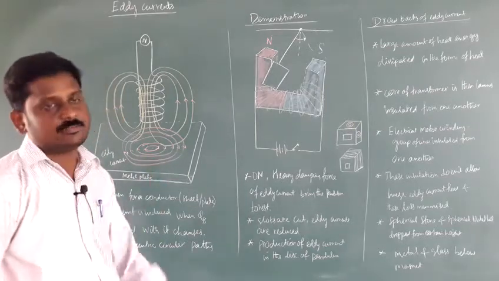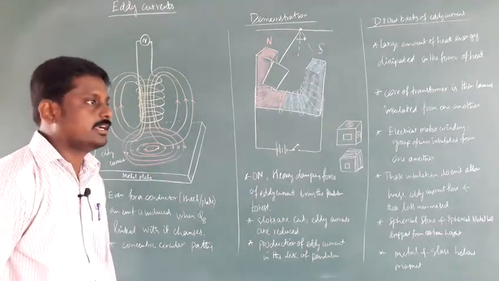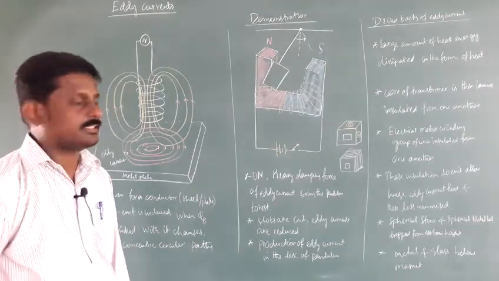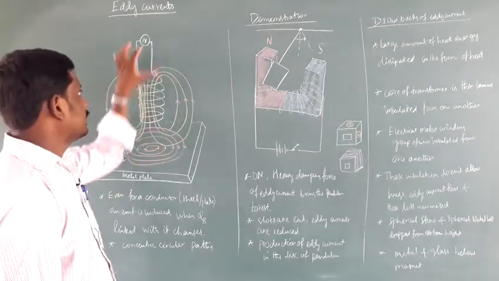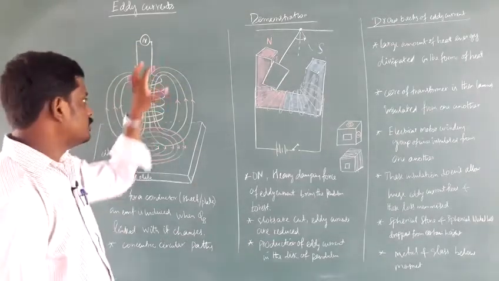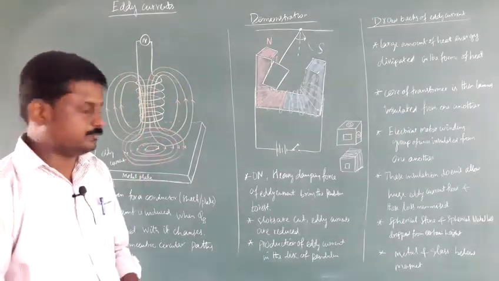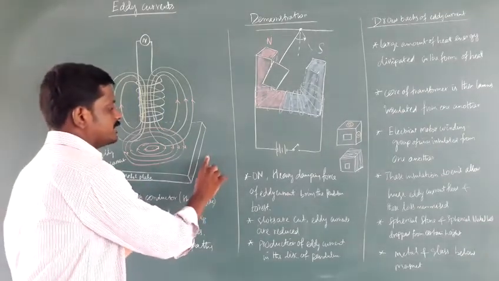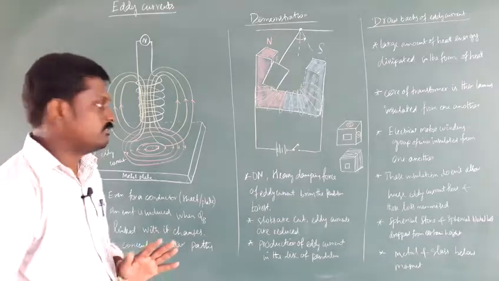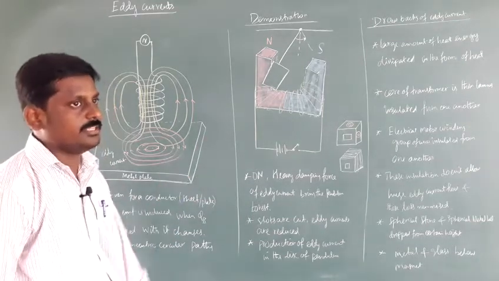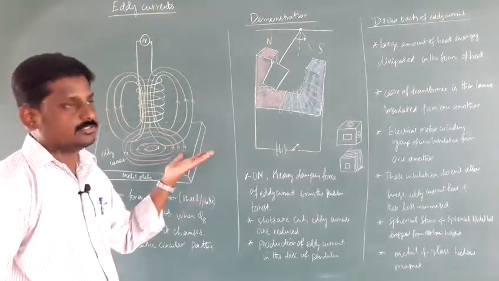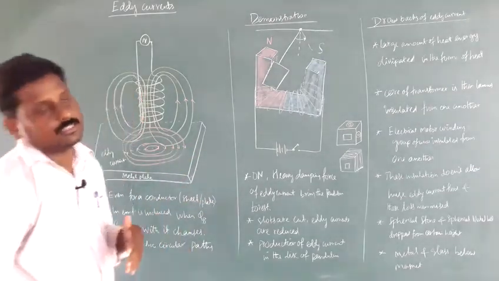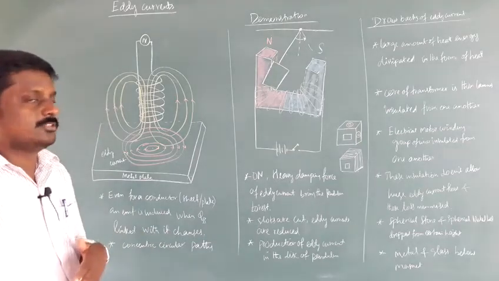Whenever there is a change in magnetic flux linked with a coil or a conductor, an induced EMF is produced in the coil or conductor. Consider a coil connected to alternating current, which produces an alternating magnetic field. The current changes from 0 to maximum, so there is a change in magnetic flux. If it falls on a conductor, an induced EMF is produced in the conductor. We have studied this in previous classes about electromagnetic induction.